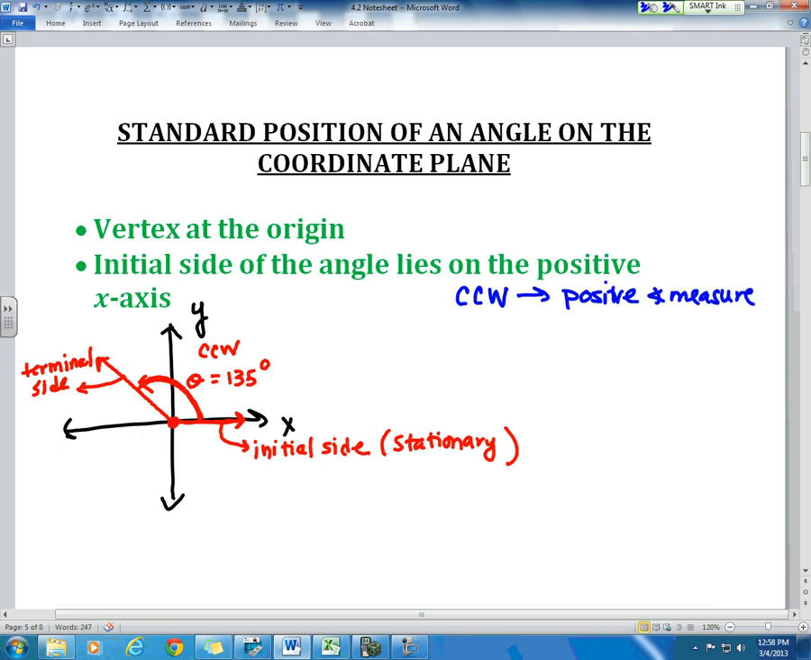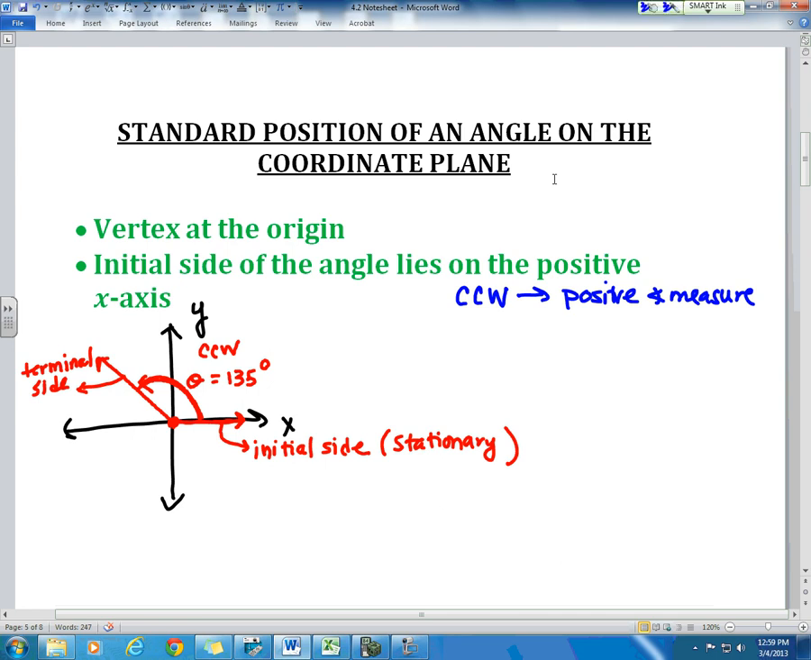So that angle that I just drew is positive 135 degrees. You could convert that over to radian measure if you wanted to do that. That would be 3 pi over 4, I believe. You might want to double check my work on that. But every angle